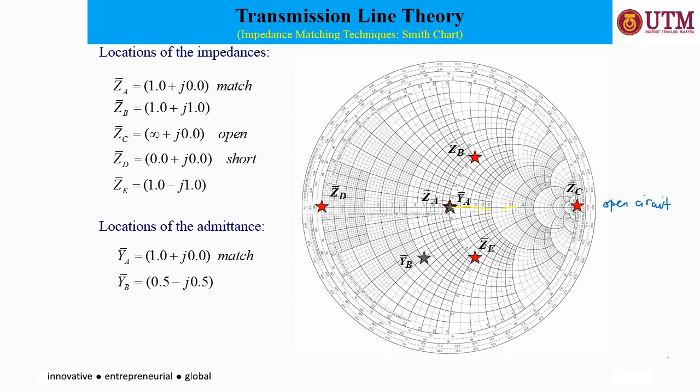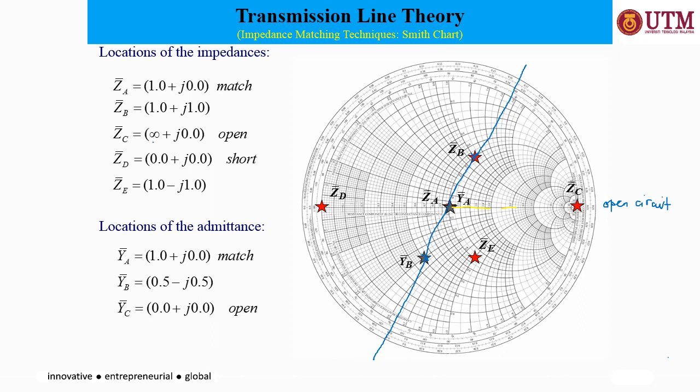For ZB here, the admittance will be in the opposite, if you draw a line crossing the center. Okay, for open circuit,